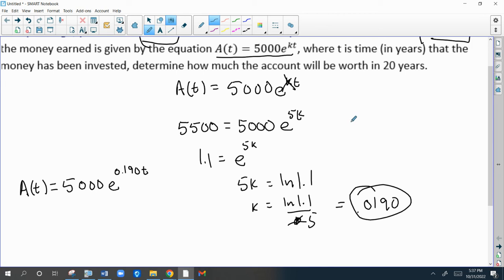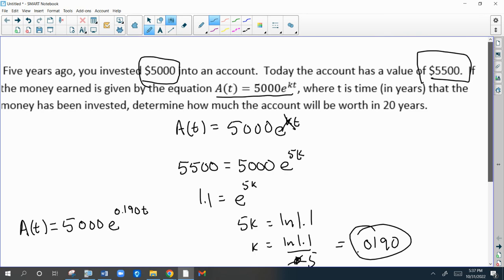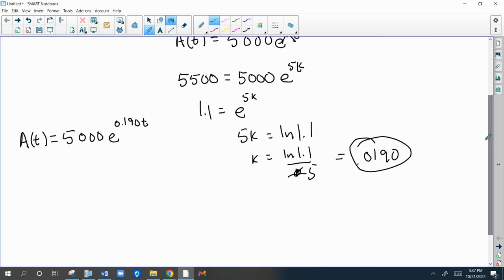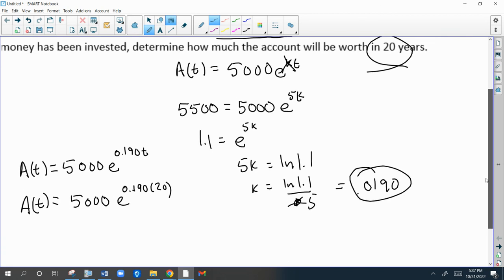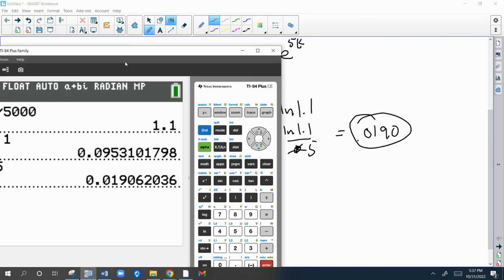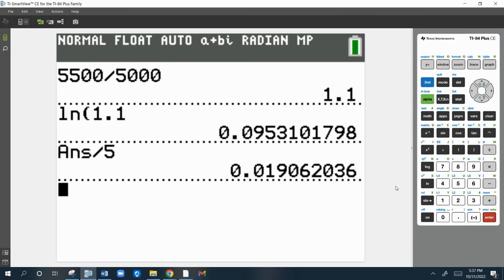So now it's asking, how much money will the account be worth in 20 years? So that would be T equals 20. And we're assuming that's 20 years after you first invested it. So now that we've solved for K, using that first bit of information, we can now substitute 20 in for T, because T is the number of years, and then just simply type that on the calculator exactly how it's written. So 5,000